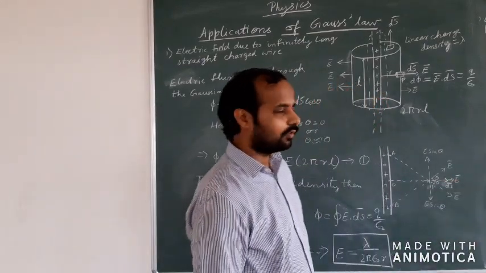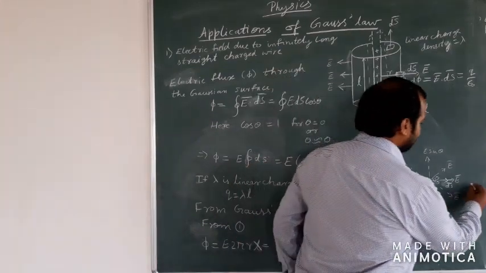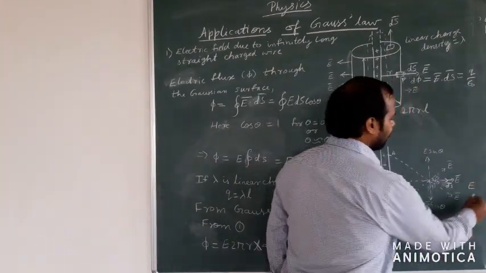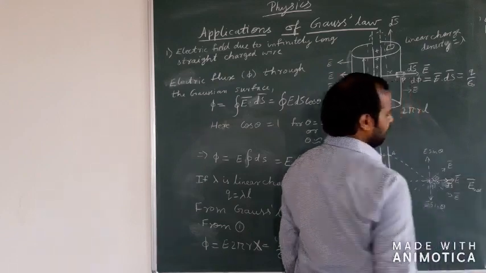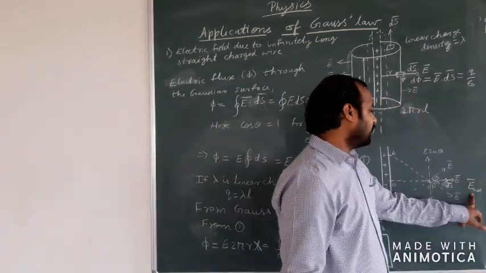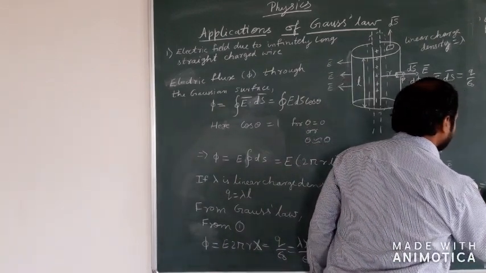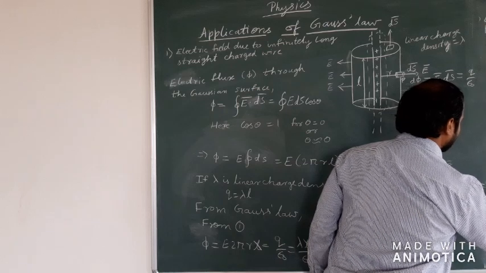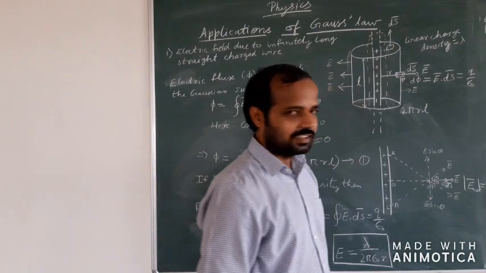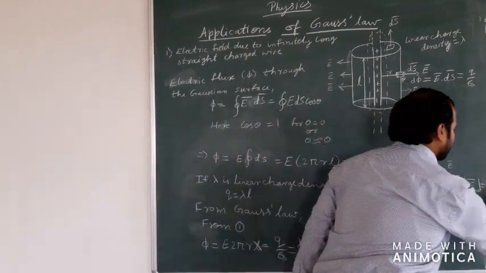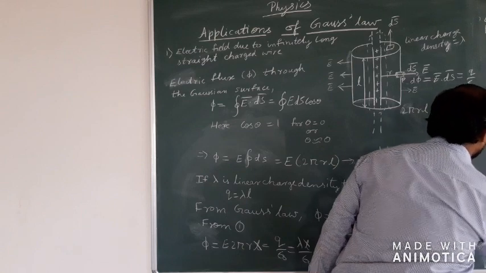So here, if we have to find out what is the net electric field, then the net electric field is given by E net bar, and this E net bar will be equal to summation E ds cos theta. That is, the magnitude of E net bar can be given as summation E into cos theta.